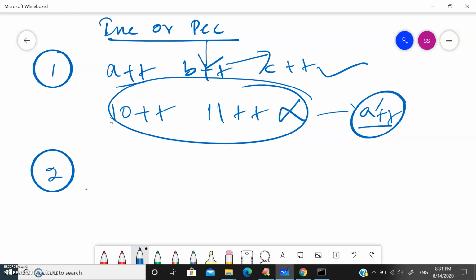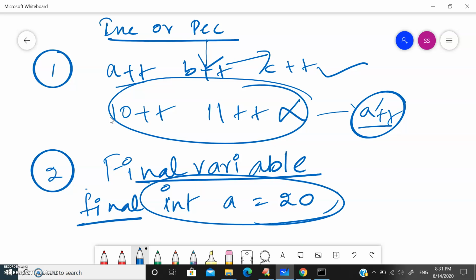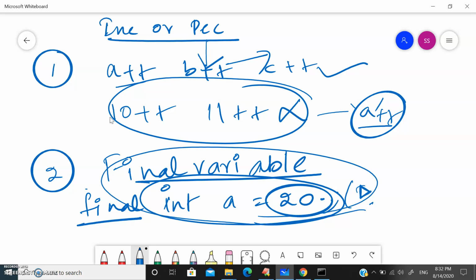An increment and decrement operator cannot be applied to a final variable in Java. For example, if I say int a is equal to 20 and I declare this variable as final, now we can't increment its value. Final means constant, right? You can't change the value of a. So in that case, you can't apply the increment or decrement operator to a final variable in Java.